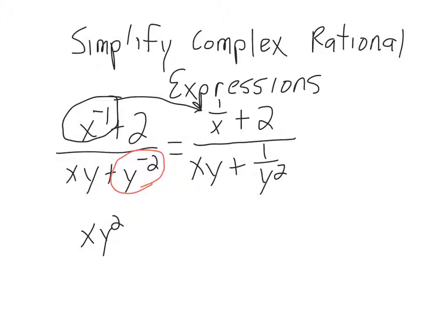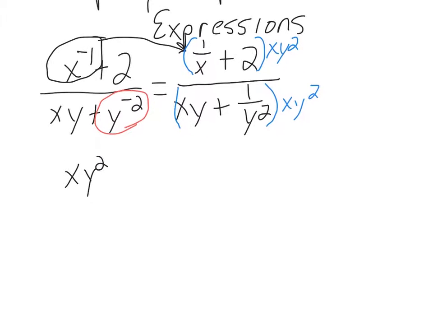So I'm going to take my numerator of the rational expression and multiply by x y squared. I'm going to take the denominator and multiply by x y squared. Doing so will allow us to get a common denominator, and will allow us to get rid of the fractions in the numerator. So what we now have is